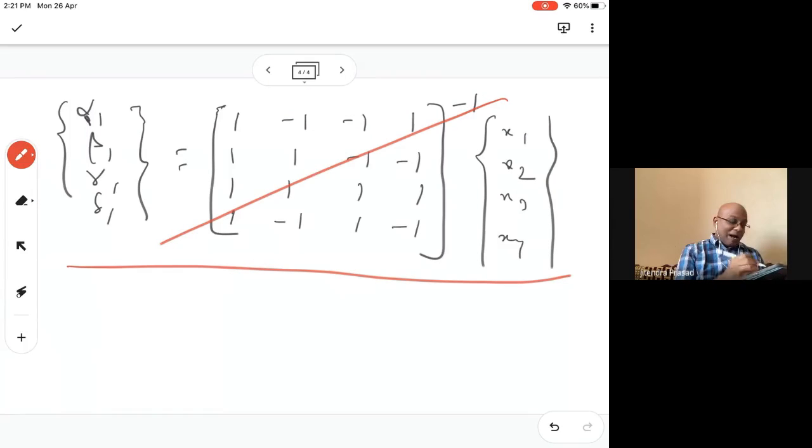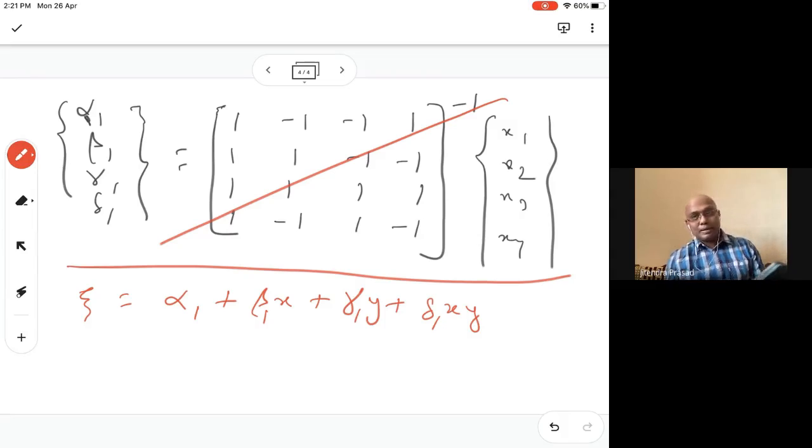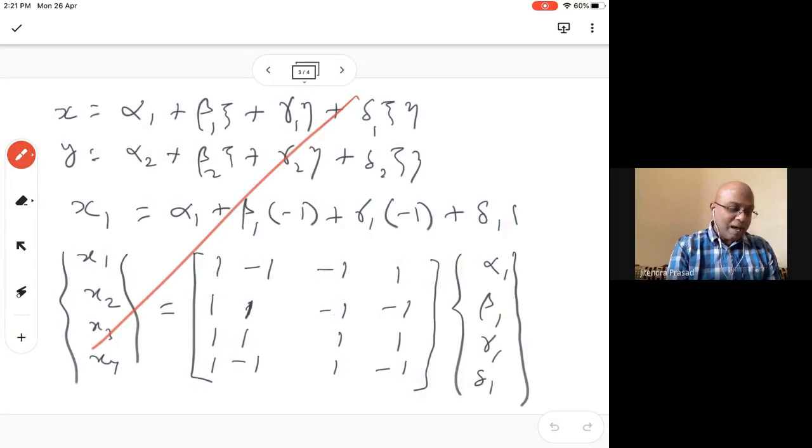We have to write it the other way around, meaning we write xi equal to alpha 1 plus beta 1 x plus gamma 1 y plus delta 1 xy. We write like this. Why will it be true like this? Because in both, this is bilinear, right? So this is bilinear, meaning that we have